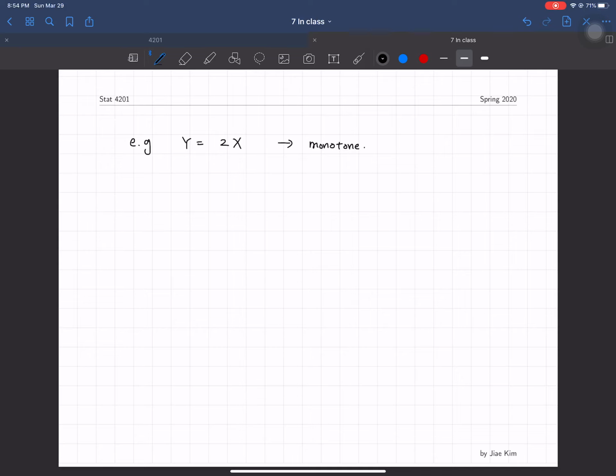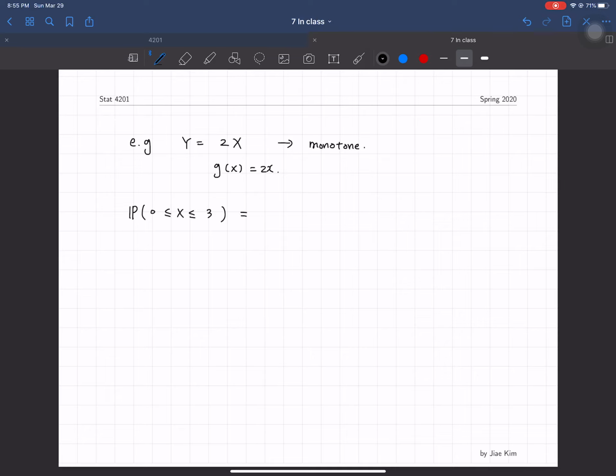I'm not going to give you explicit information about random variable x because we don't really need it. No matter what the support of x is, this new function g of x, which is 2x, is monotone on the entire real line. So for example, if you think about the probability of x being between 0 and 3,